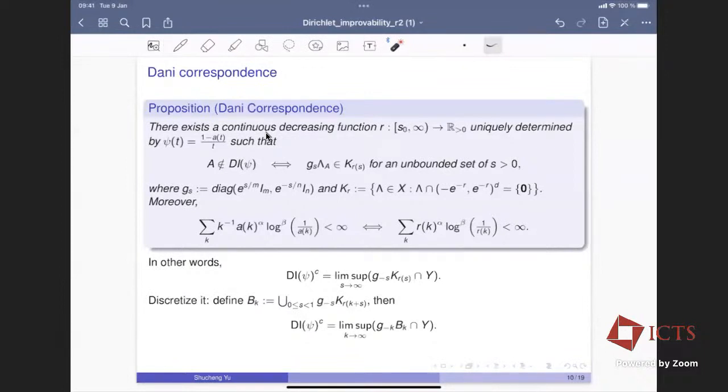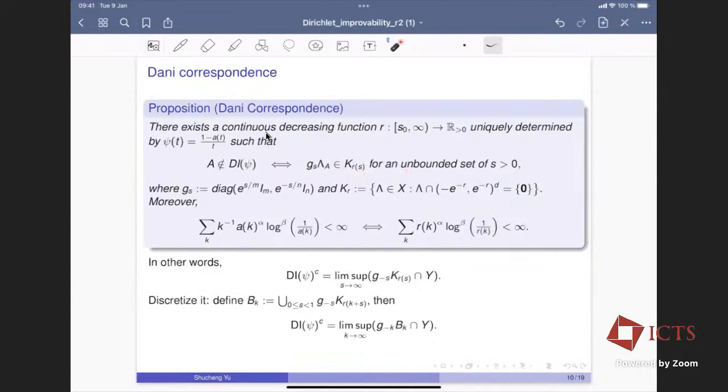It relates Diophantine properties of some matrices or vectors or numbers to dynamical properties of some orbits in the homogeneous space. In our particular setting, the Dani correspondence tells us that there exists a continuous, decreasing, positive function R, which is uniquely determined by the function psi t. Here we only consider this type of approximating function, 1 minus AT over T, such that a matrix is not psi-Dirichlet if and only if this orbit GS lambda A hits the set KRS for an unbounded set of